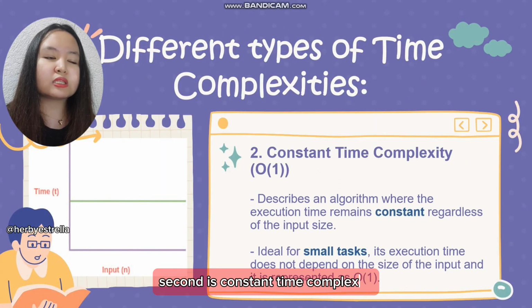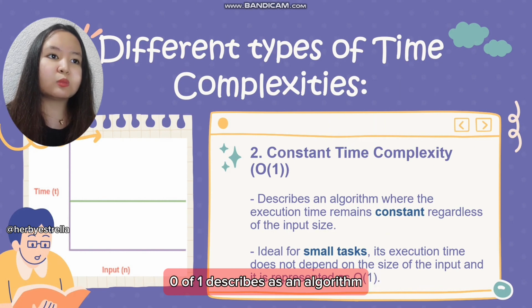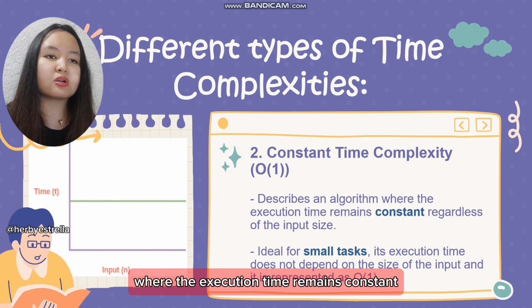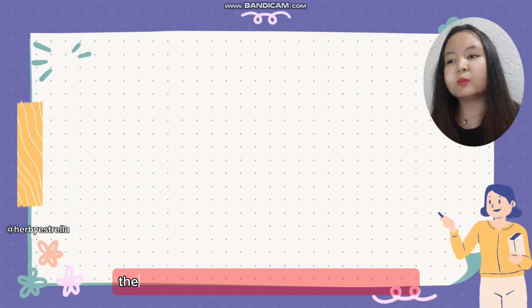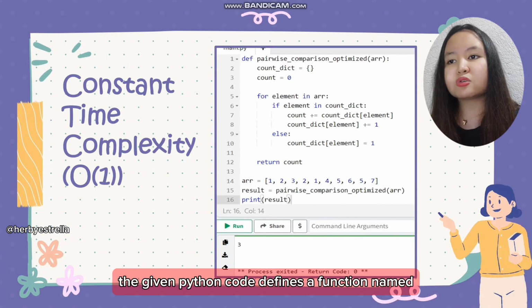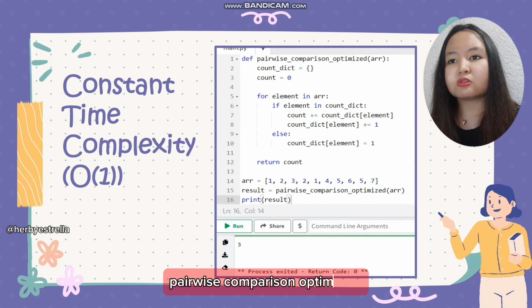Second is constant time complexity, O of 1. Described as an algorithm where the execution time remains constant regardless of the input size. Ideal for small tasks, its execution time does not depend on the size of the input and it is represented as O of 1. The given Python code defines a function named pairwise comparison optimized that takes a list array